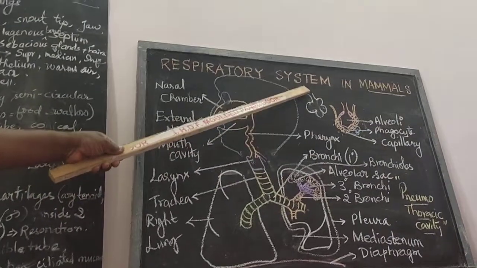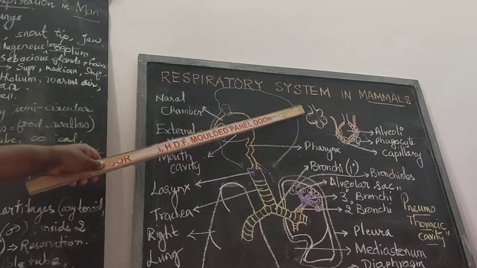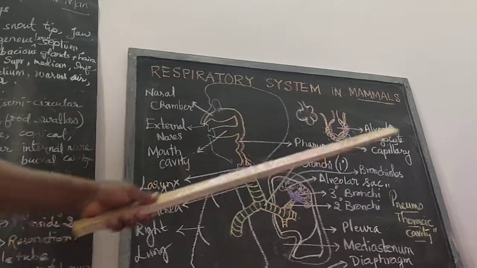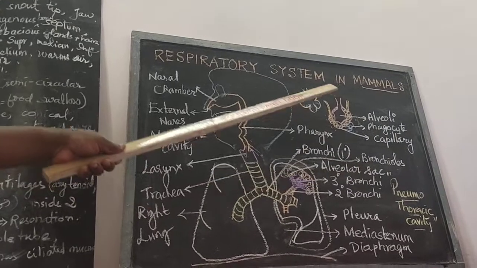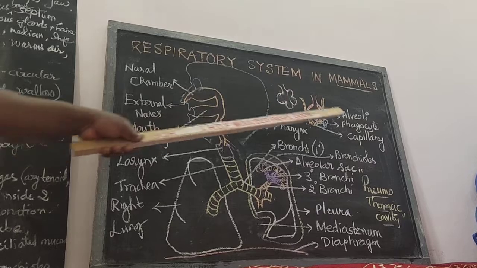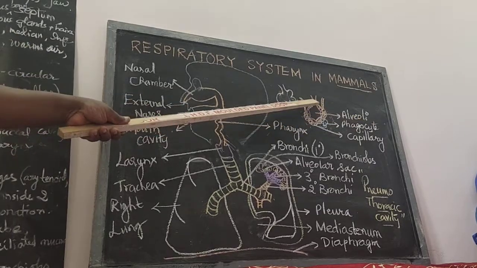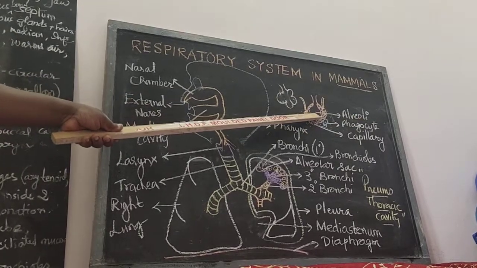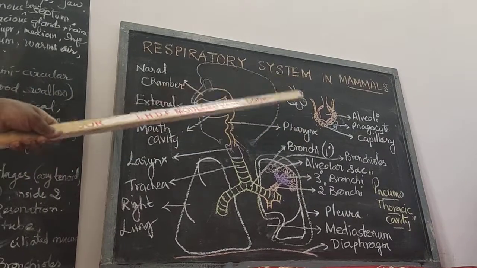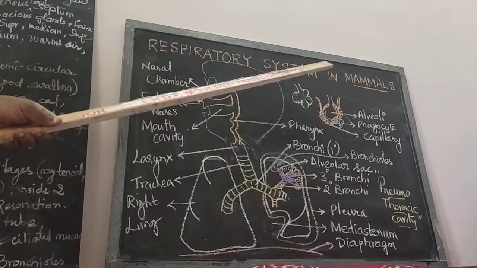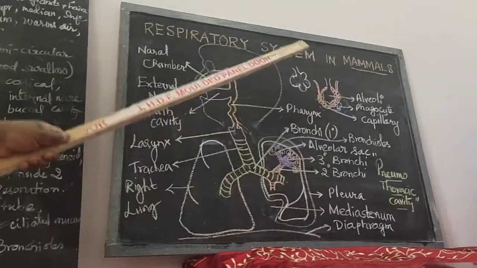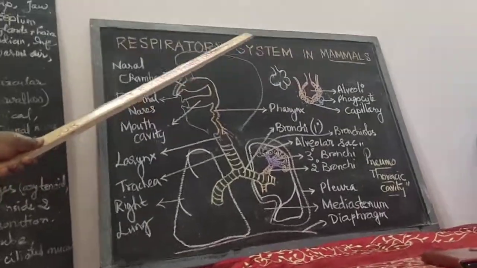Each of these bronchioles will lead into a bunch-of-grapes-like structure within the lungs, called alveolar sacs. Each alveolar sac is made of units referred to as alveoli. This is the part where the actual exchange of respiratory gases takes place, the respiratory process, and hence alveoli are called the seats of respiration in mammals.